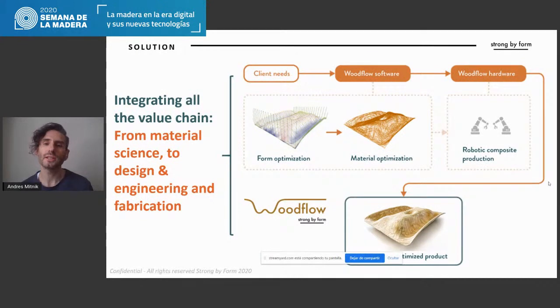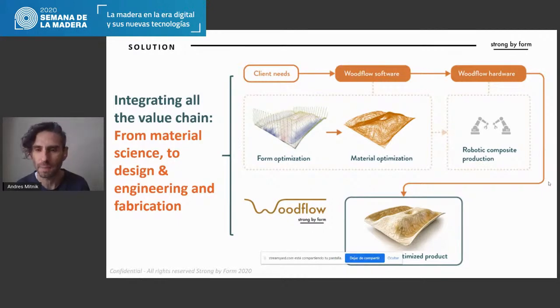Y GoodFlow es un proceso de fabricación digital donde nosotros tomamos los estreses a los que va a estar sometido un cierto componente, los pasamos por nuestro software de optimización que optimiza en las dimensiones de orientación de las fibras, hace una optimización topológica y además hace una optimización por densidad del componente. Y a partir de este software nosotros logramos una pieza completamente optimizada que entrega la máxima resistencia utilizando la mínima